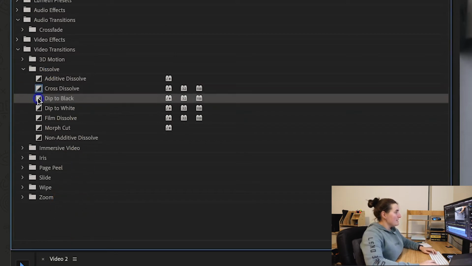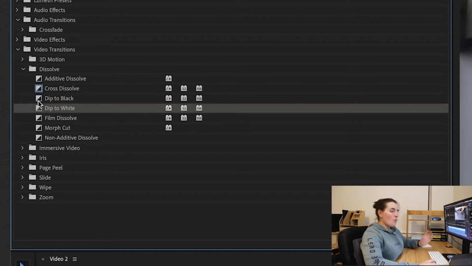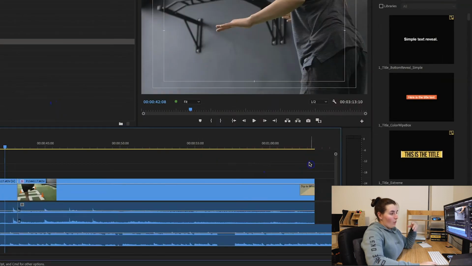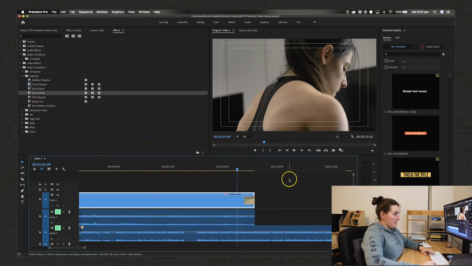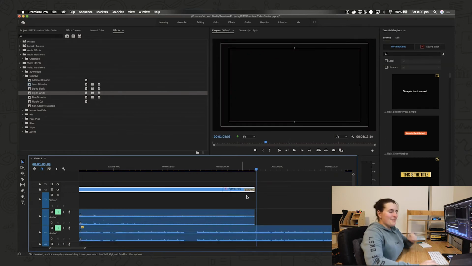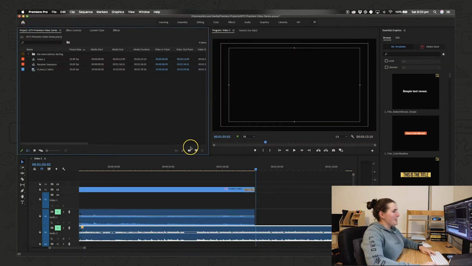Now what this does obviously depends on what you're going for, but when I'm dissolving into a logo at the end of the video, I really love to use the dip effect. So if I have a white screen with a black logo on it, what I'll do is I'll drag down the dip to white at the end, and you can see how this works here. Dips to white. A secret to this one is make sure you go to your project and come down here